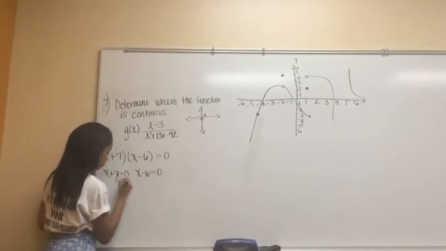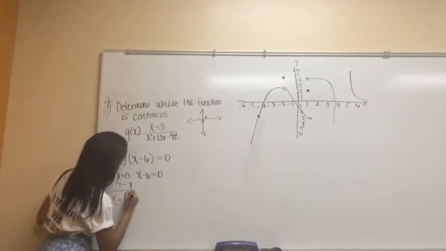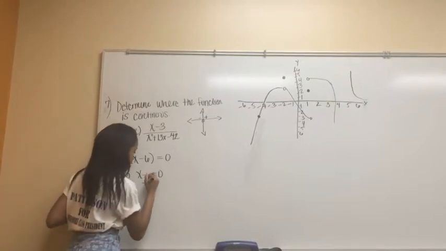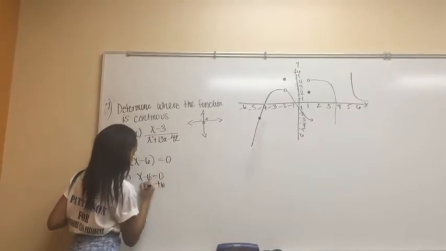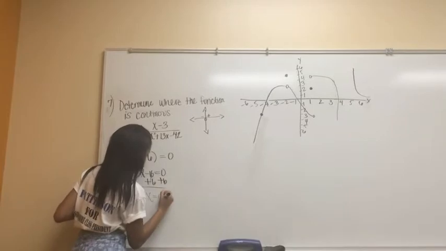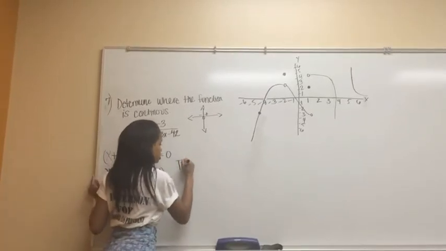Subtract 7, then you have x equals -7. And add 6, and then we'll have x equals +6. So the function is continuous